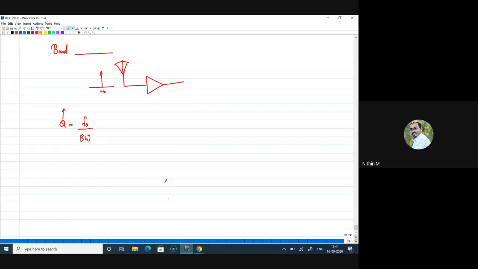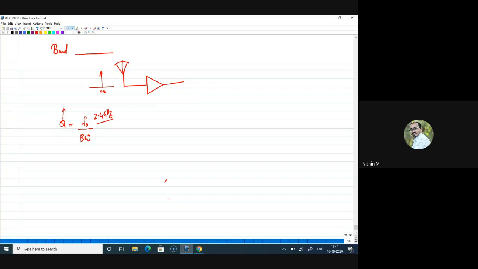So for example, the problem is our center frequency, say, is around 2.4 GHz. If the bandwidth I'm looking for in the filter is very, very small, then since the bandwidth is in the denominator, you are pushing the Q factor to a very high value. So practically getting such a high Q factor for a filter, I will not say it is impossible, it is a very tedious task. I hope you understood my difficulty, what I'm trying to say, right? Thank you, Nagaraj. Yes, high Q factor is very hard. Do you have any further questions on that?